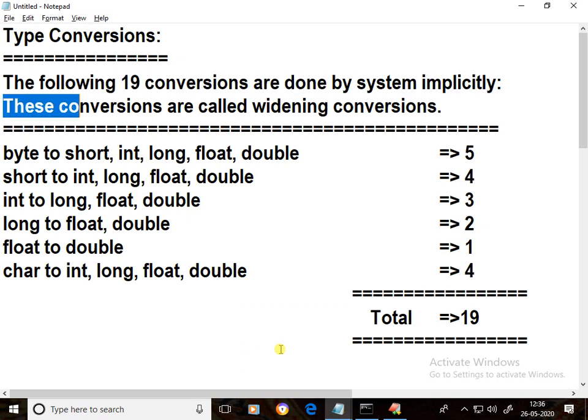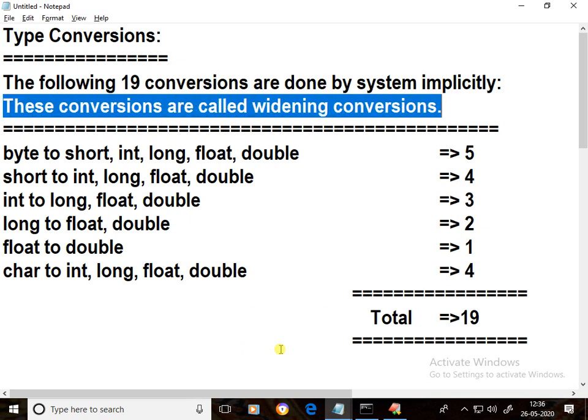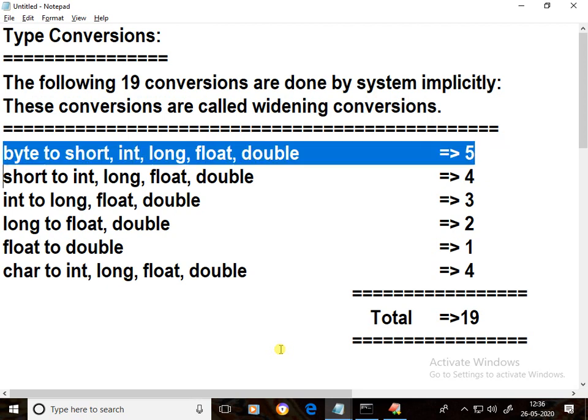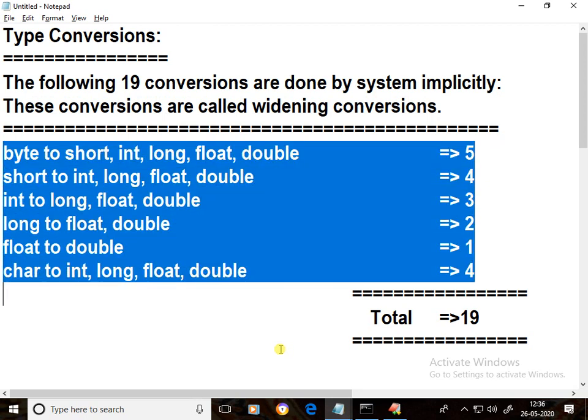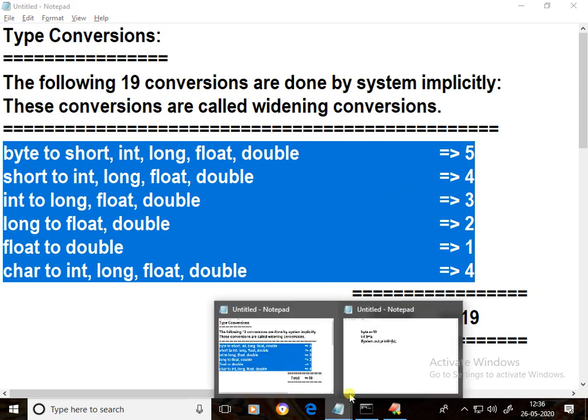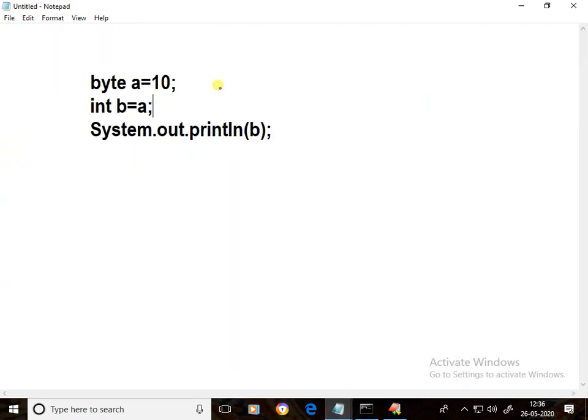These conversions are called widening conversions. These 19 conversions are automatically done by the system. That is the reason byte to int is valid.